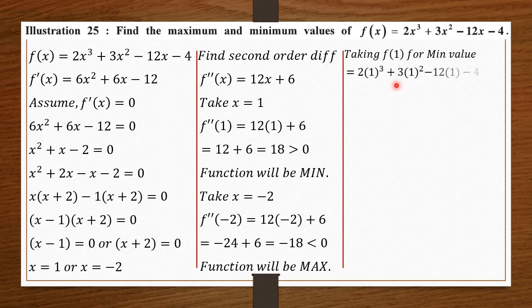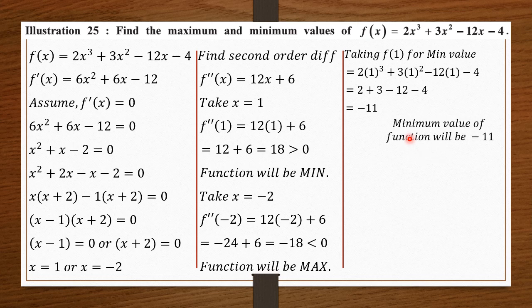So 2 into 1 cube plus 3 into 1 square minus 12 into 1 minus 4. So 1 cube is just 1, 1 square is just 1. So I will be writing it 2 plus 3 minus 12 minus 4. So answer here is -11. That is the minimum value of function will be -11. Okay, so are you getting the point here that when we take x as 1, the function will get the